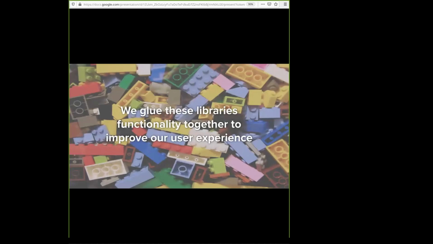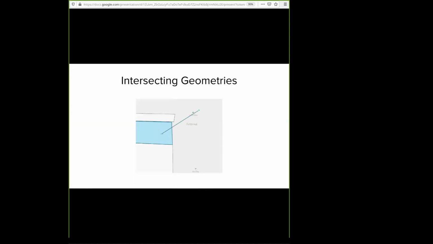What we do is take these libraries and glue them together to improve, or attempt to improve, our user experience. So I'm going to give 5 examples of different ways in which we use these libraries, or just JavaScript in general, to improve the user experience and deliver value using these tools. The first thing we do, in this case, is use JSTS